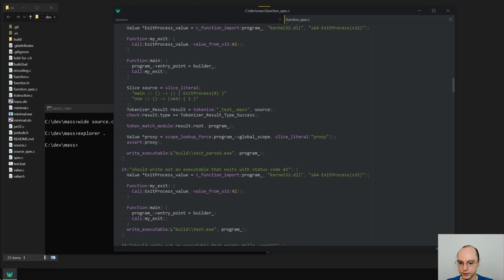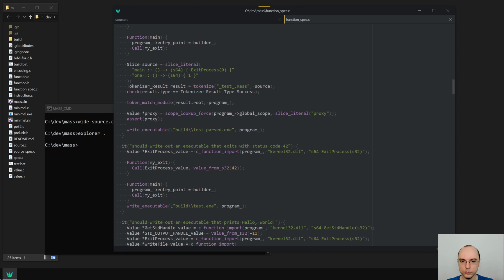Okay, that is nothing really fancy. Exit process is actually returning something, so I guess we should have it for now returning stuff as well, although it doesn't really matter. Right now we just don't have a way to ignore the result type,